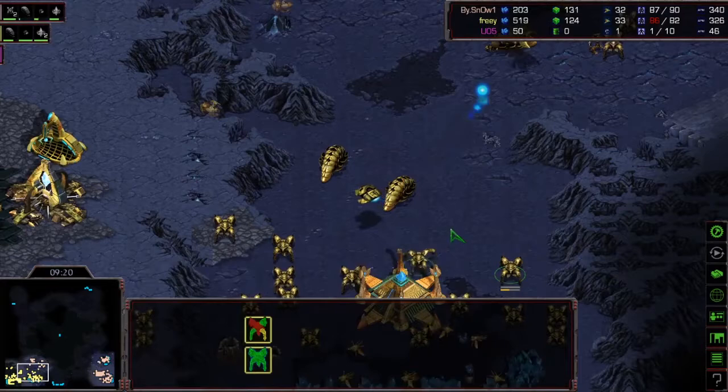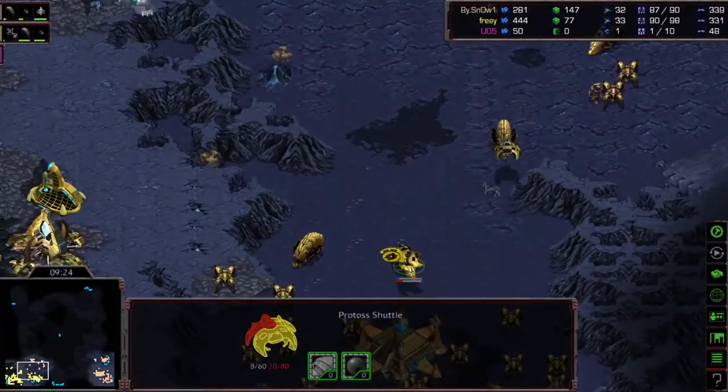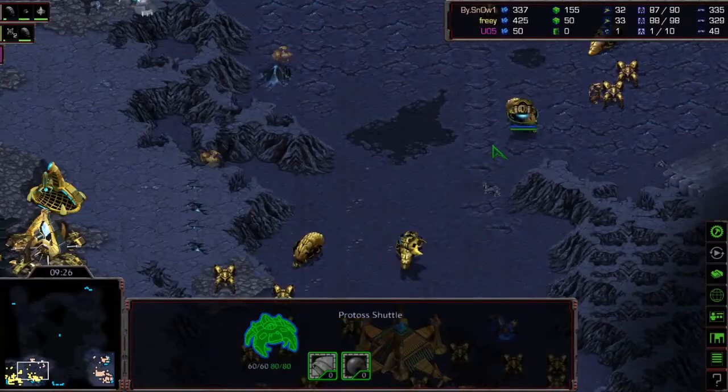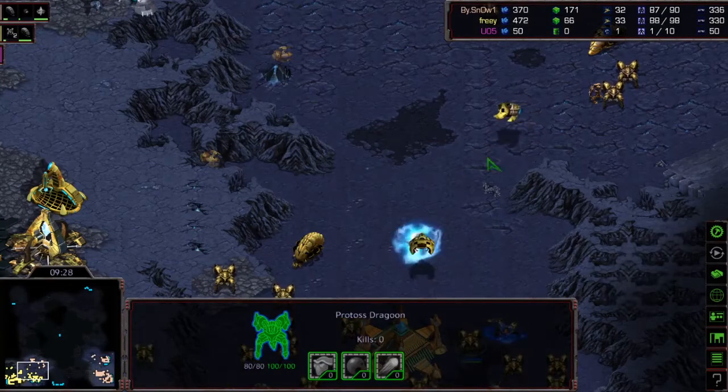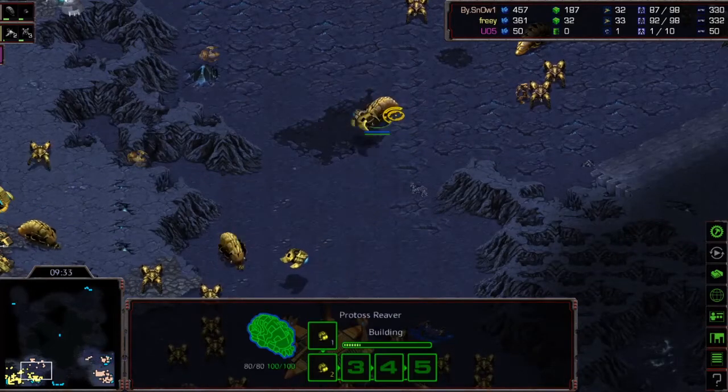We're poking in, and now the Dragoons are also a good target because they're not likely to get picked up. Another Dragoon gets shot and 1 goes down. And this is some insane control from Snow. You can see he's constantly